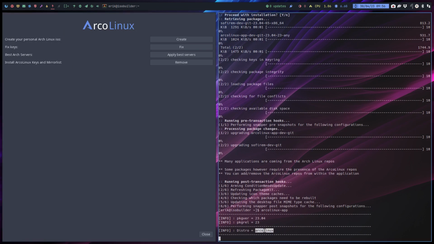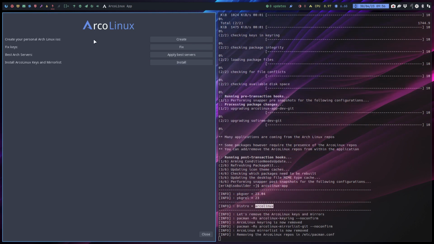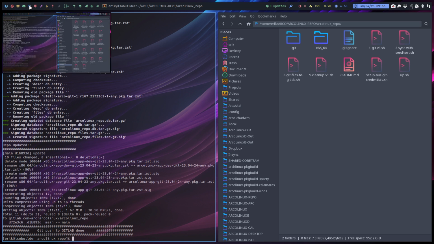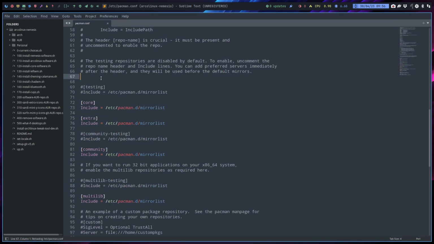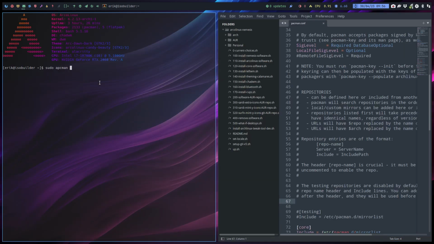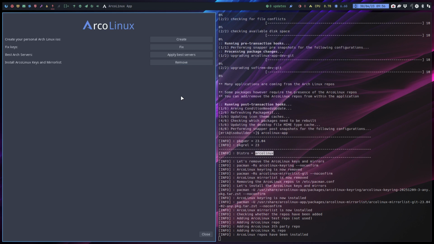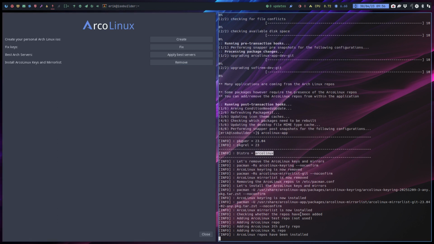So it knows we're on ArcoLinux, and that's important because we made it for if you're on ArcoLinux, right? Remove. It's now removed, he says. Shall we have a look? Right, it's gone. Testing here, it's gone. Control T, sudo pacman. I broke my system, right? Sudo pacman minus R ArcoLinux keyring. It's not there. Mirrorlist, not there, right? They're gone. And then we say no, install them. And if on ArcoLinux, that's the line here.